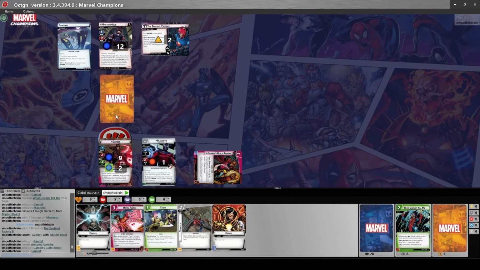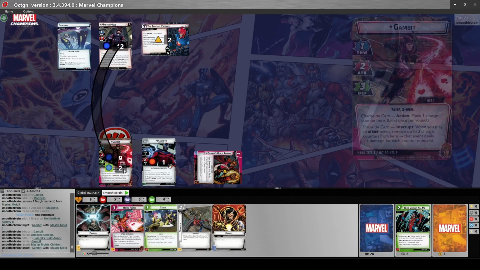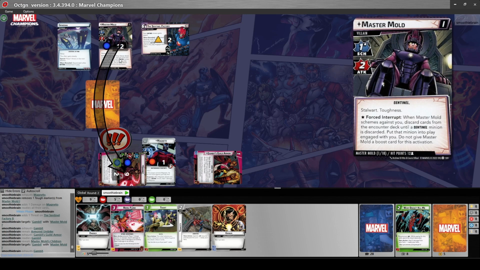And then our encounter card for the turn is Master Mold's Children. Treachery. When revealed, hero, each minion engaged with you attacks you. If you are not engaged with a minion, Master Mold attacks you. Okay. So he is once again going to attack me. I will defend just to stay safe. Gambit is a bit squishy. So 2 plus